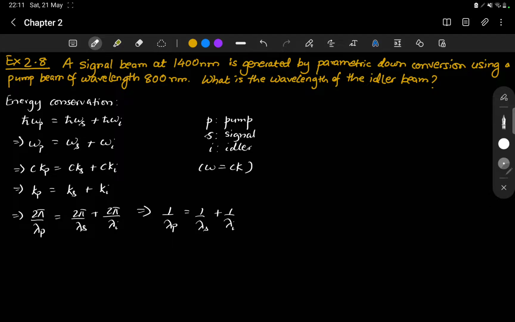From here we can find out the wavelength of the idler lambda I, because we know the wavelength of the pump lambda P, and we also know the wavelength of the signal beam, that is lambda S. So let us solve this question. Let us rearrange and rewrite some terms. Now signal wavelength is 1400 nanometers, pump wavelength is 800 nanometers,